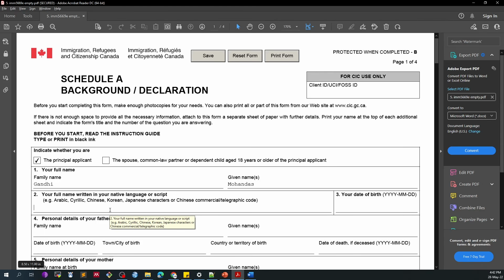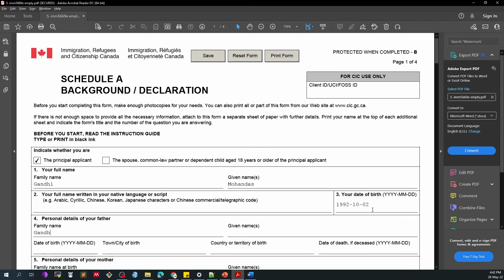So what you have to do is fill the form as much as possible. I'm saying as much as possible because sometimes the space is not sufficient. At the end of the form, you need to provide your signature. You can provide that in black ink, and then you also need to mention your name in Hindi script over here. Now here you need to mention your date of birth,